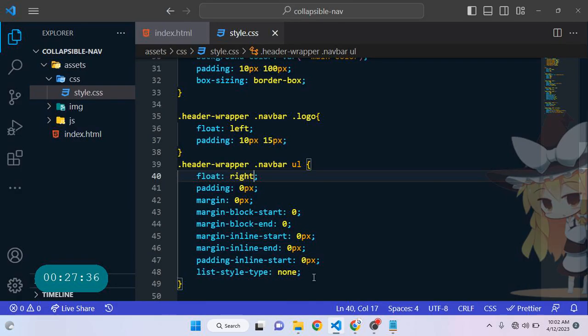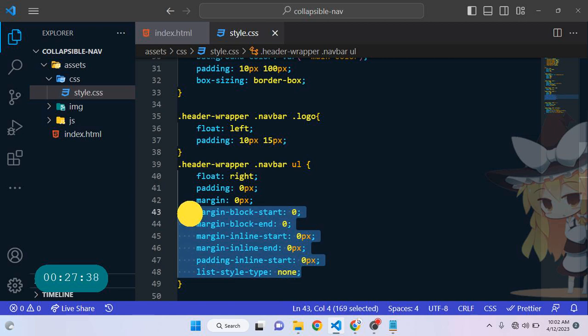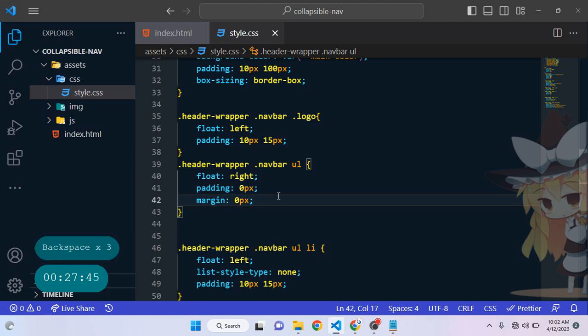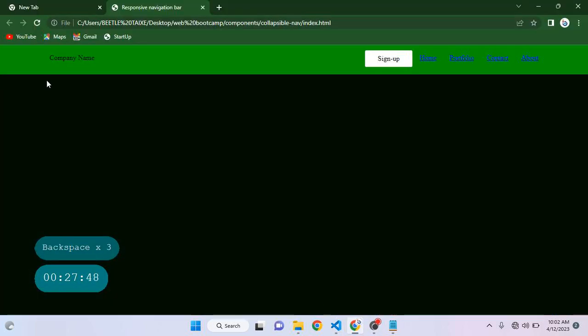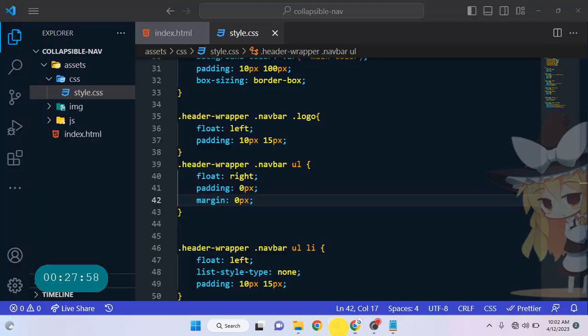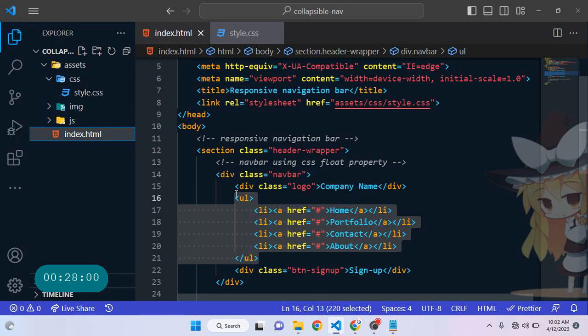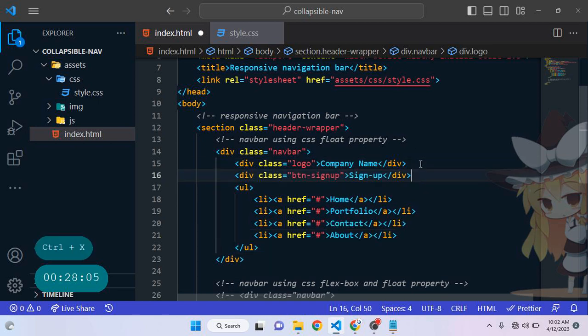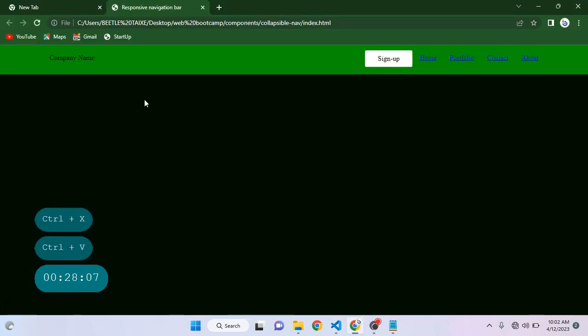Sign up. This guy, the way he's even placing now, don't be overwhelmed with all this. I even copied this. These are the default things that have been declared for UL, and I can even remove it. It will still work, since the major thing I just need is this. Yes, it's still working. But I don't like the way it's appearing here. I want my sign up to be at this other end, not at this place. So what will I do? I'll go back to my styling here and I'll bring this button right before the UL tag, and it will